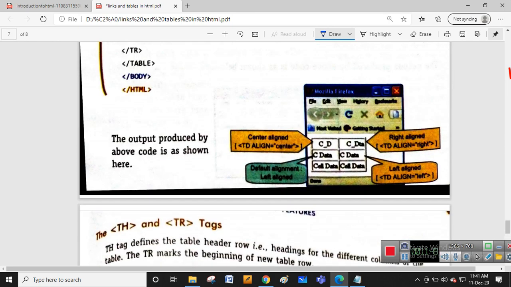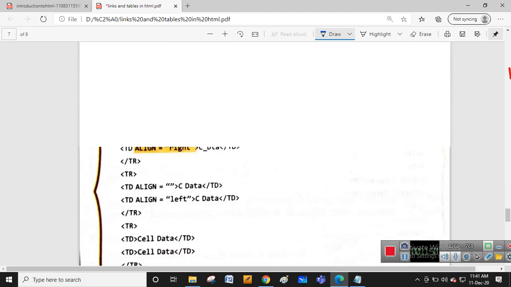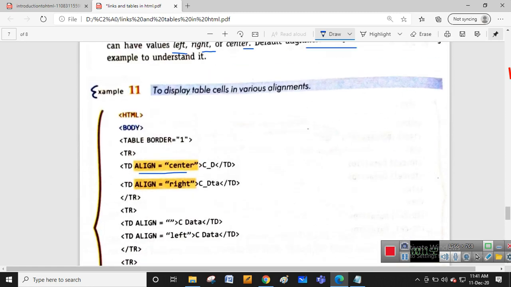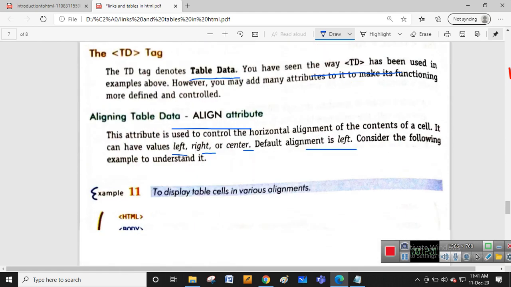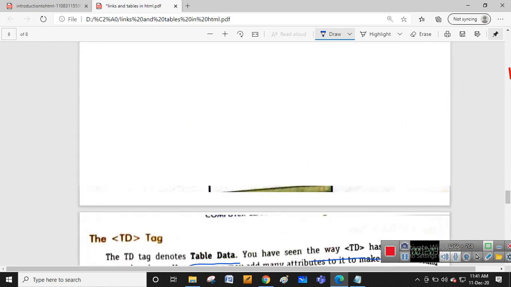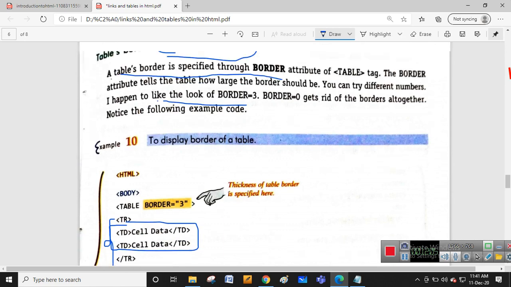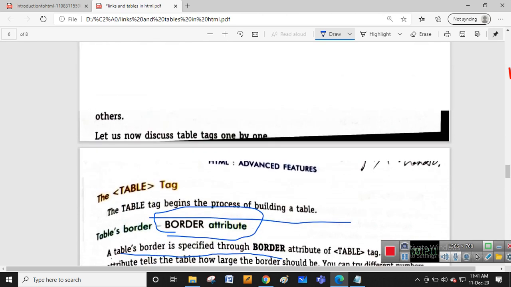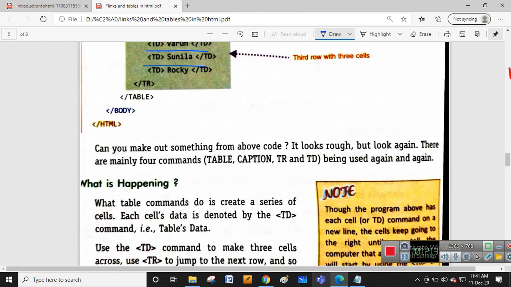The tr part is for inserting the row, which we use for every table. We also have one attribute called align in the td, which controls how to insert the data inside a particular cell. We have the align attribute with center and right. Then we also have one more attribute called border, which ensures the thickness of the border of the particular table tag. Now let's execute one program so that we'll understand.